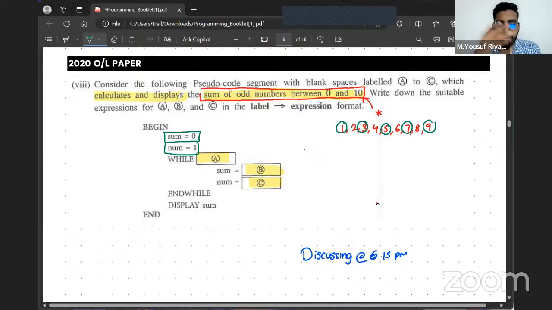Now, if I'm going to calculate this manually, how will I calculate? I can get an idea. If I'm going to iterate through all of these values one by one, number one, number two, number three, number four, then before I add that to the sum variable, I have to check something. I have to check if the number is what? If the number is